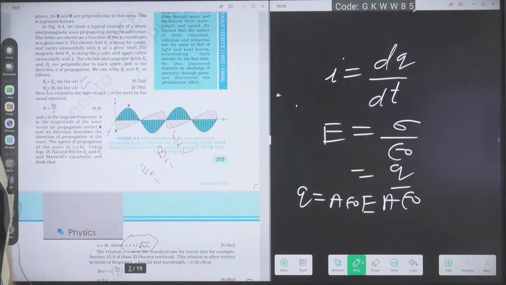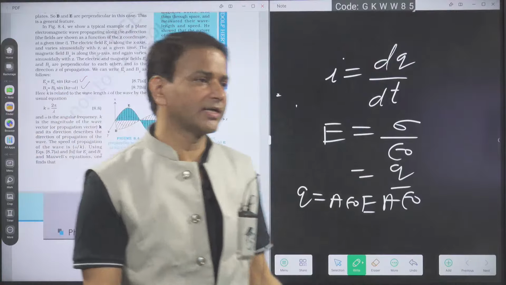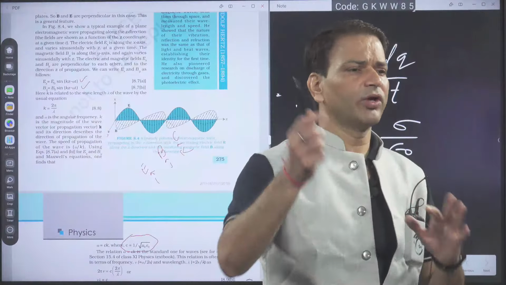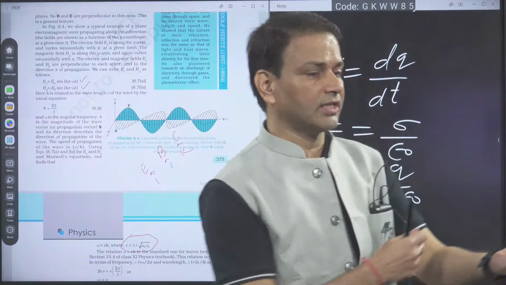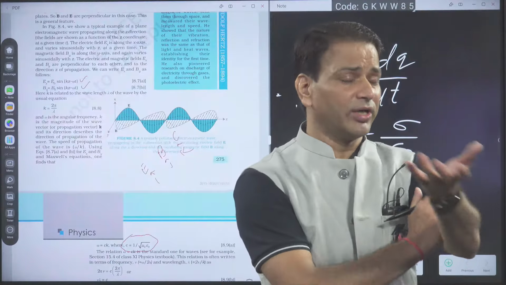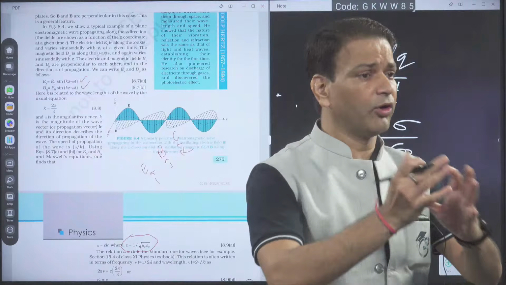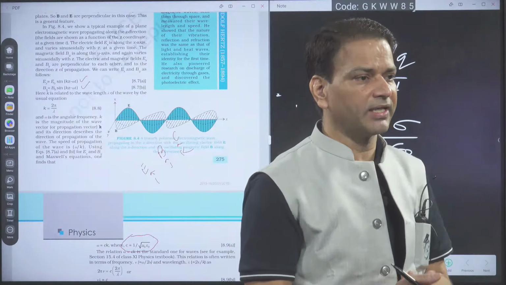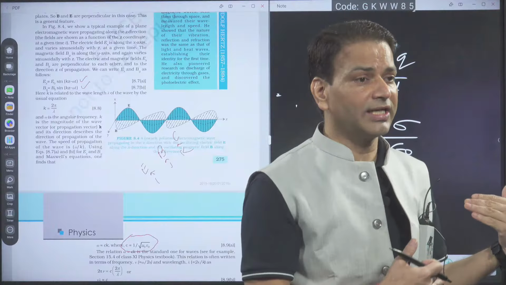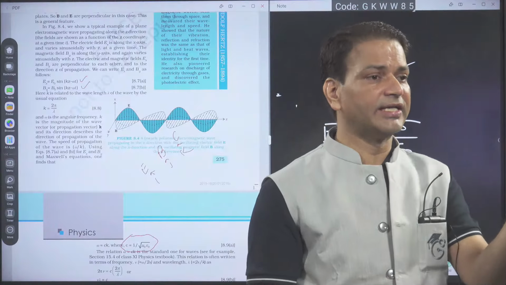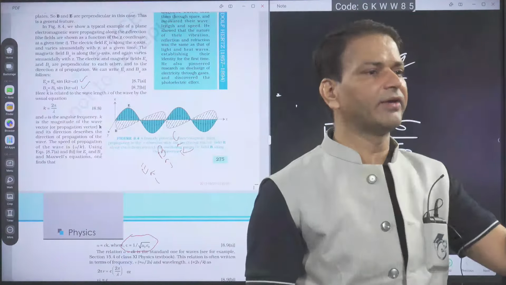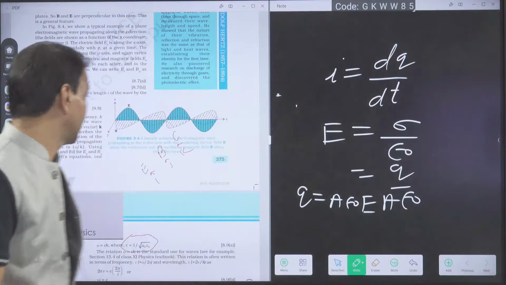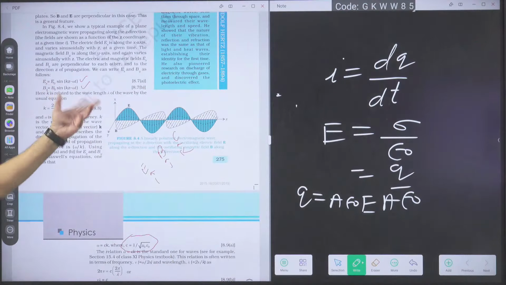Now in the EM wave, why are we calling it an electromagnetic wave? Because the electric field and magnetic field vectors are oscillating. Wave equation, Mohit sir has already discussed. We know that y is equal to a sin(kx minus omega t), where y is the displacement of the particle and a is the amplitude. Here, who is oscillating? Electric field and magnetic field. That's why in the EM wave, in place of y we write E and B. E is the electric field vector, B is the magnetic field vector, same as a wave equation.